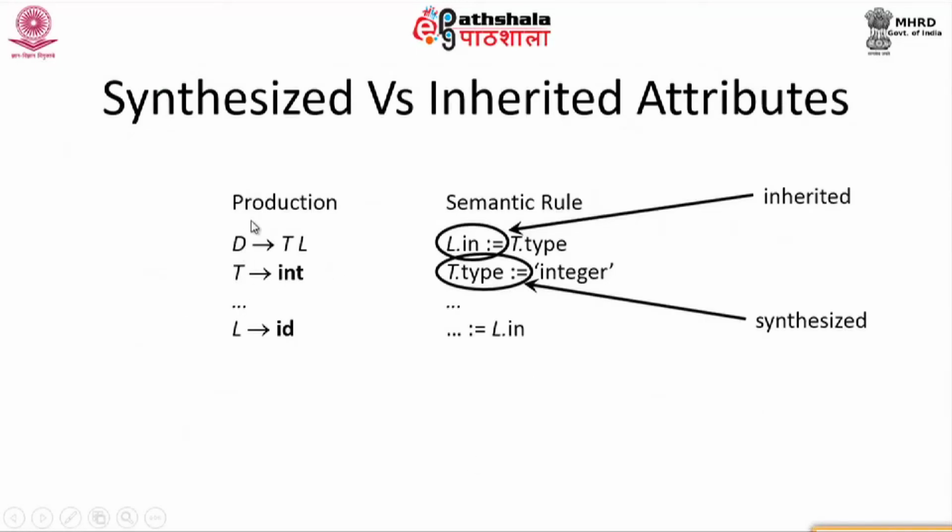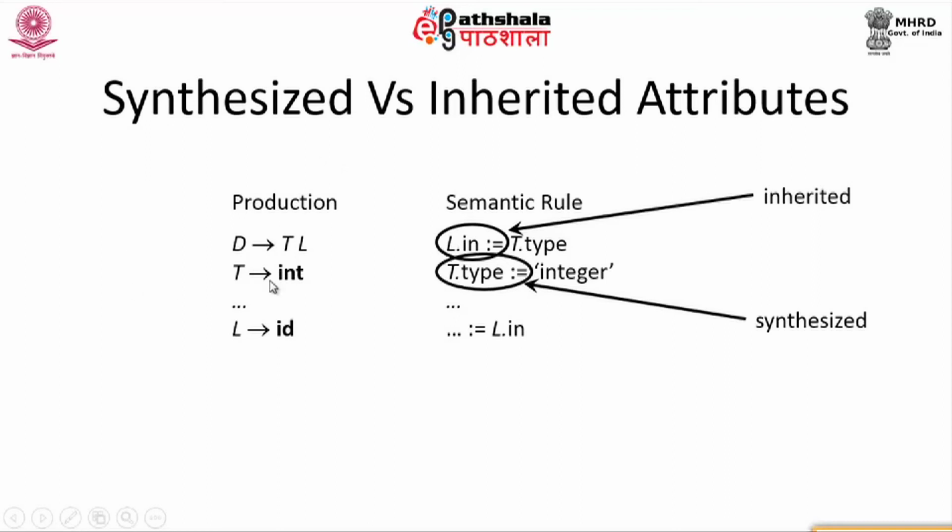So, for example, consider this particular grammar: D produces TL, T produces int, L produces ID. Now, this is a production corresponding to a Pascal programming construct which is defined by the textbook of Aho, Sethi, Ullman, the three-author edition, where the examples and explanations are given with respect to the Pascal programming construct. So, D produces TL. Now, what is T, what is L? T is going to be a type and L refers to the variables. So, here T produces int or it could be real, and L produces ID.